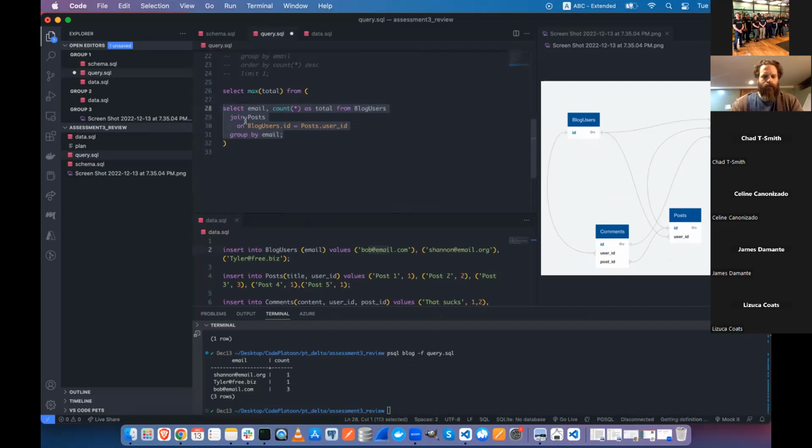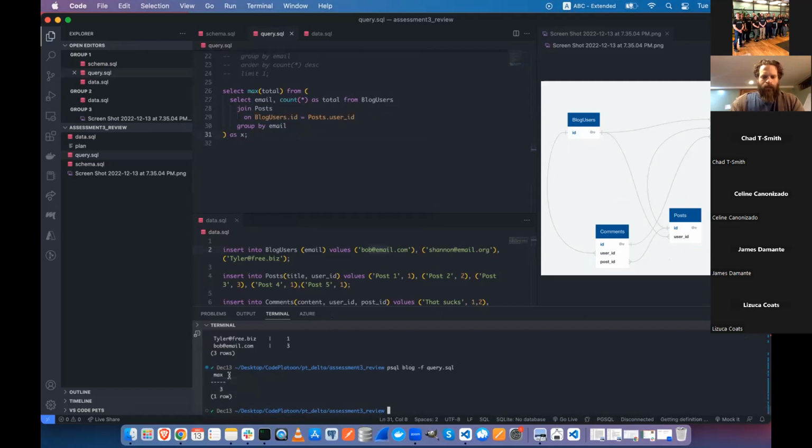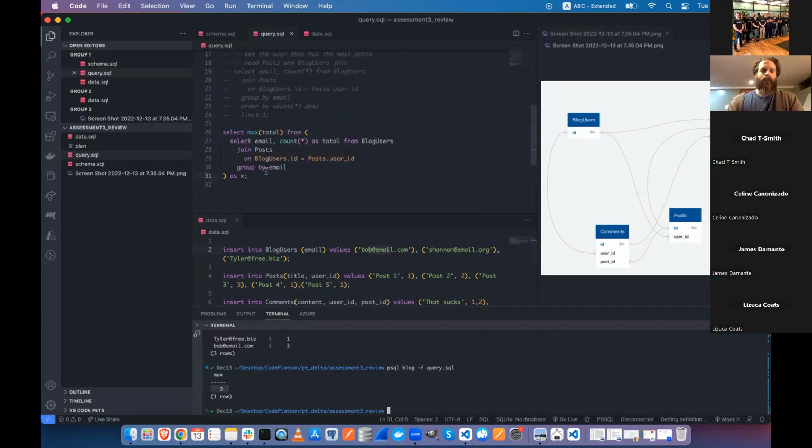Shortcut. And I have to give this an alias even though I'm not really using it. I'll just call it X. So now I know I can dynamically get the maximum number of blog posts that anyone has made. So with that information, I can then,